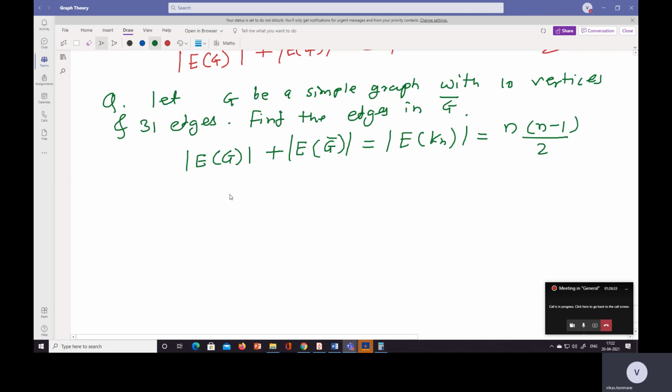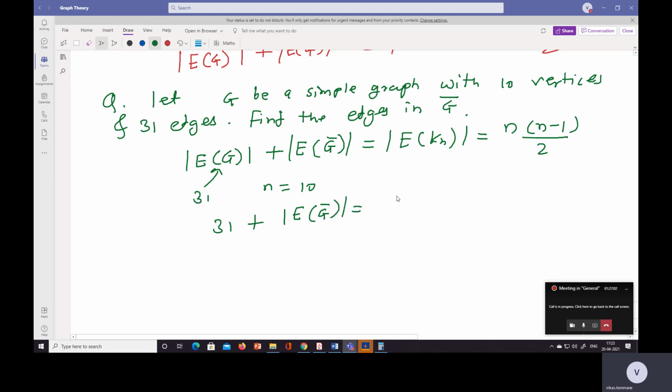Here the edges given are 31 and n is equal to 10, so 31 plus E of G bar